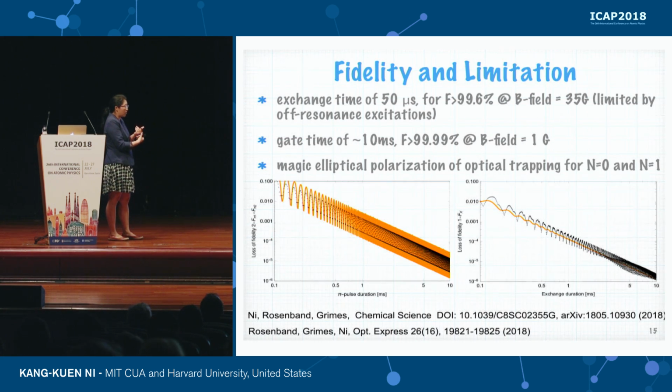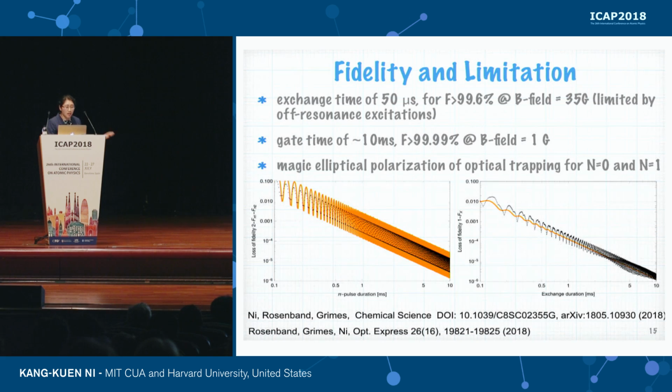We can cancel out. We can have these magic trapping conditions by turning into elliptical polarization of a particular angle, and that paper was published recently in Optics Express. Okay, so anyway, we analyzed a lot of different possible things that could break the 99.99%, but we think it's very feasible because the complexity of the molecule allows us to really relax the technical